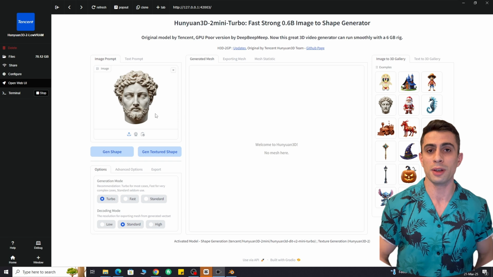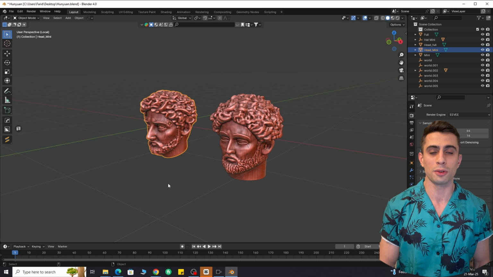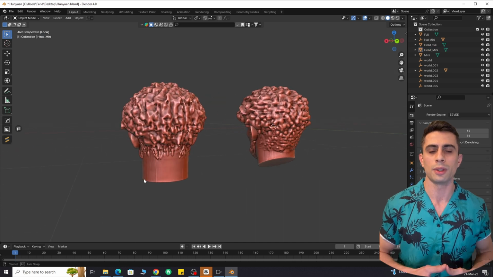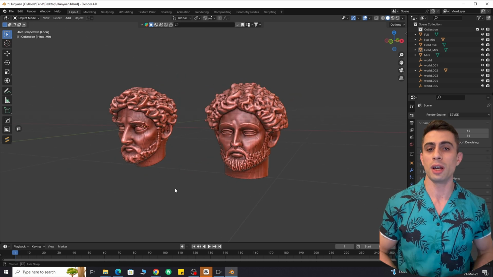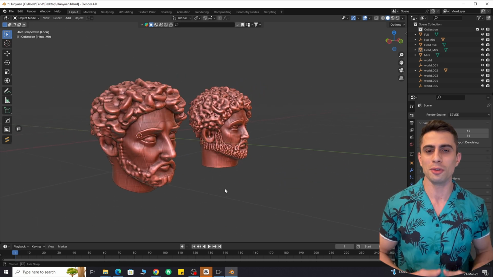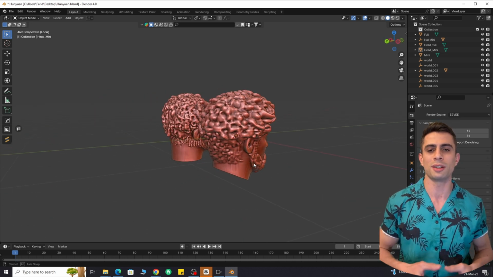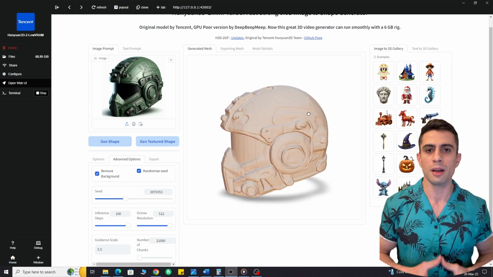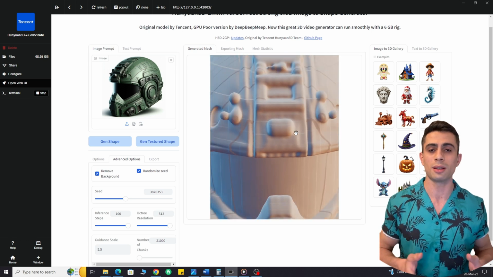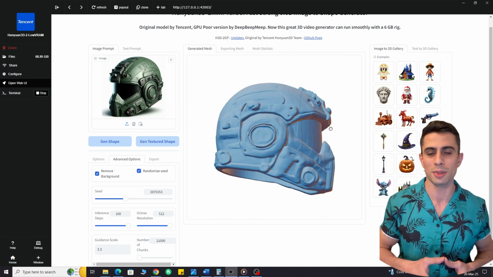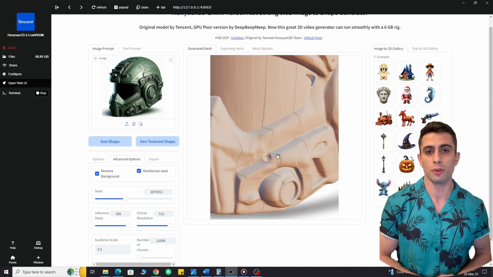Then I tested both versions to model a default head statue. And once again, I found the mini version much better. The proportions and shapes felt much more accurate in the mini version. If you have an NVIDIA RTX GPU, you can go ahead and test it yourself. Of course, don't expect production-ready 3D models, at least for now. AI in 3D is still new and developing, but considering it's a local AI that generates shapes in seconds, it's amazing. Even with high settings, it only takes a few extra seconds.